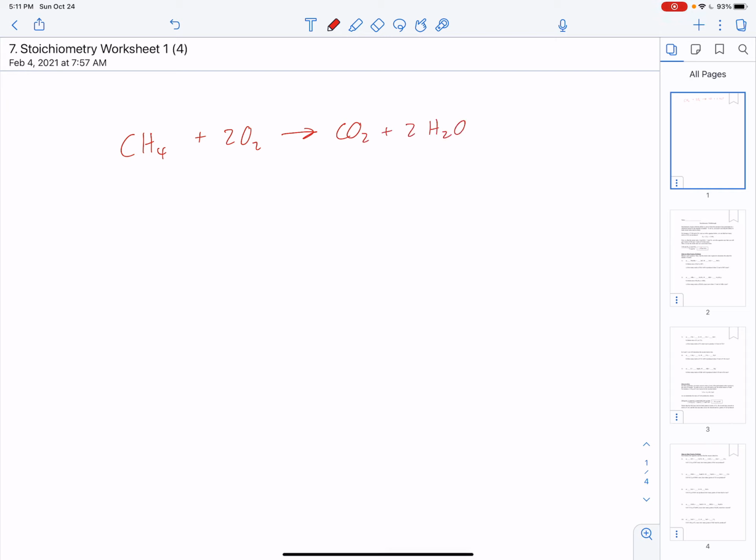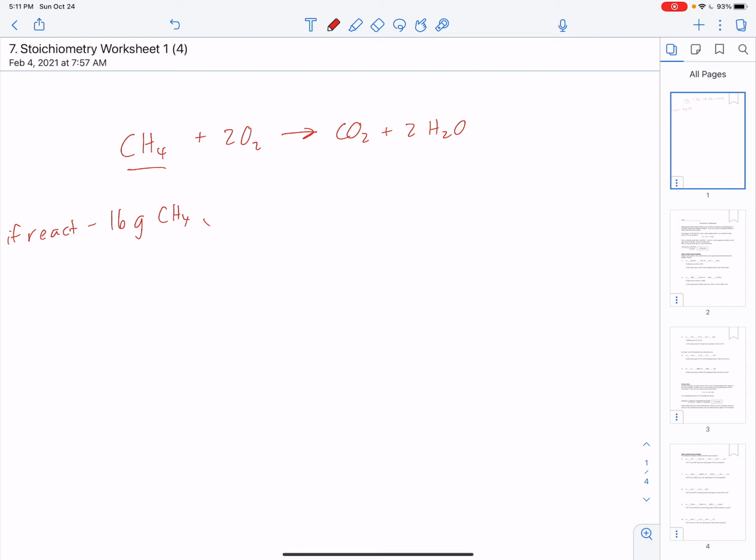Right? If you have this reaction, and I know the amount of, let's say, the methane, let's say it's like 16 grams of methane, I can turn that into an amount of carbon dioxide. I can turn it into an amount of water. I could even turn it into an amount of oxygen, right? The idea here is that if we react this much,